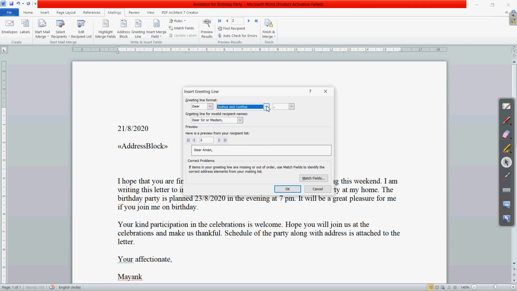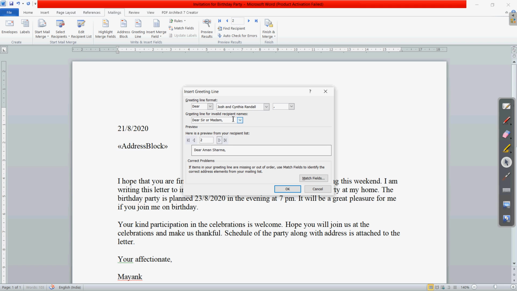If it is your friend, you can be informal, and if it is a professional letter, there you can include the title and proper salutation. According to your requirement, you can choose the name, and after that here we have the comma or semicolon. As per the need, you can choose the different format here, and in this area the preview is displayed to you.